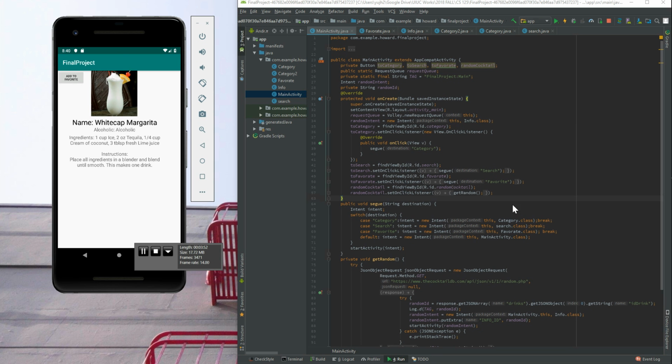Basically it has a name, the ingredients, whether it's alcoholic or not, and then the instructions for making. For example, if I really like this drink and I want to store it in my favorites, I simply click Add to Favorite, and this drink is stored in the list of favorites that I have. So, going back,